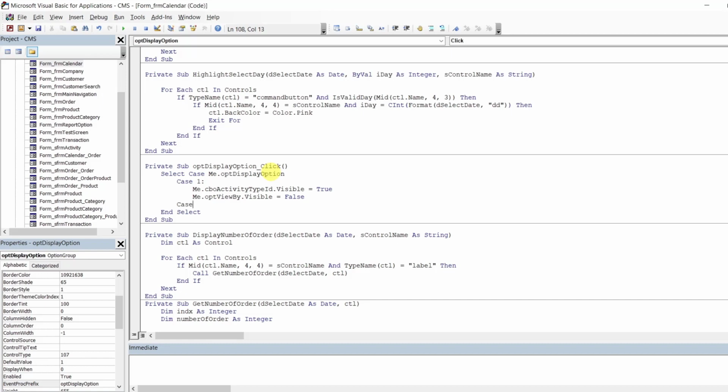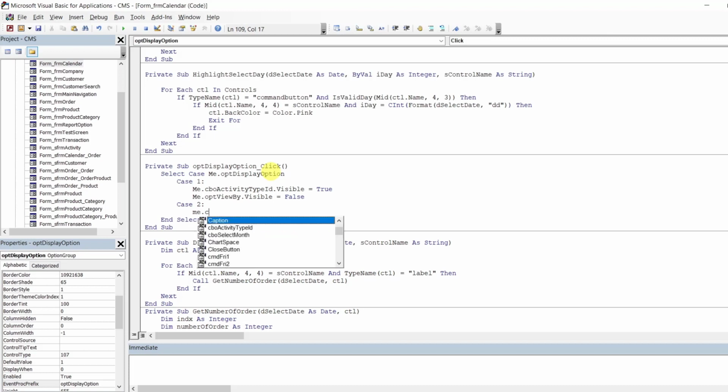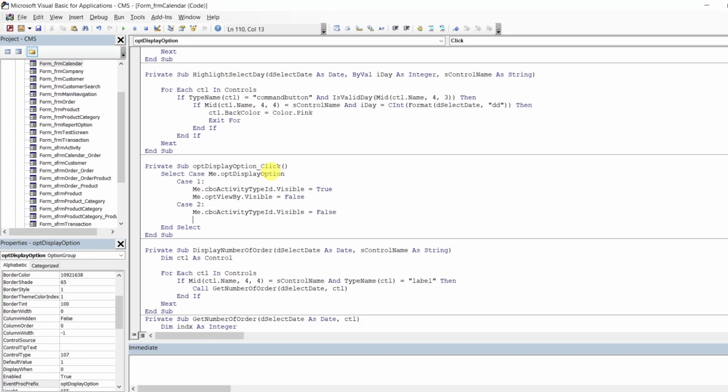We don't want that. We want small. Case 2. Well, yeah, it's okay. CBO is not that big a deal. I was going to copy, but only a couple of lines. View by visible equals true. Alright,